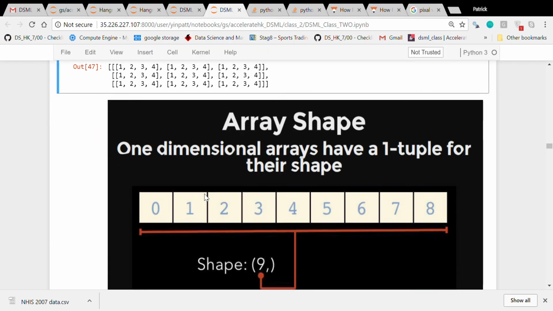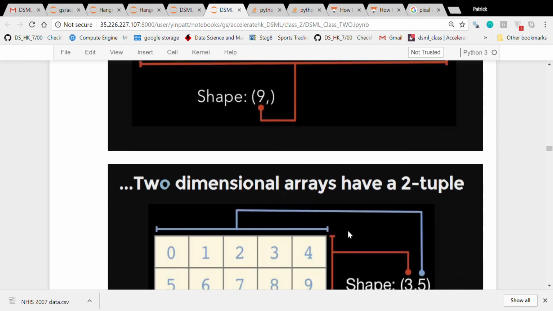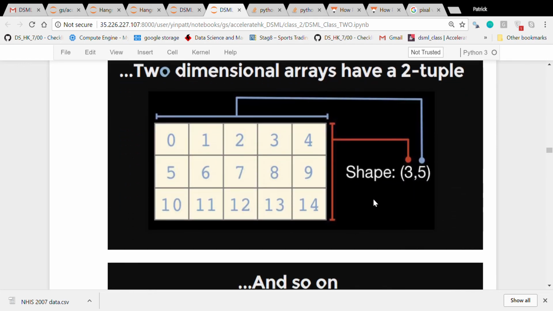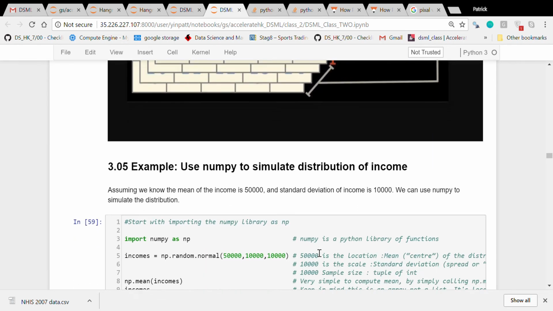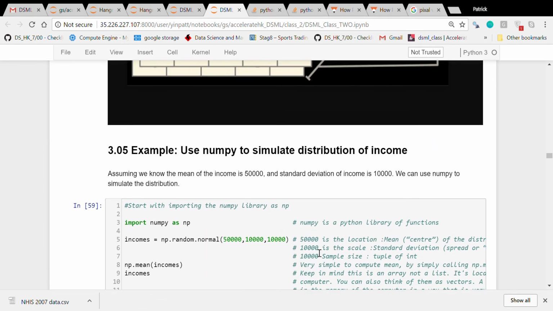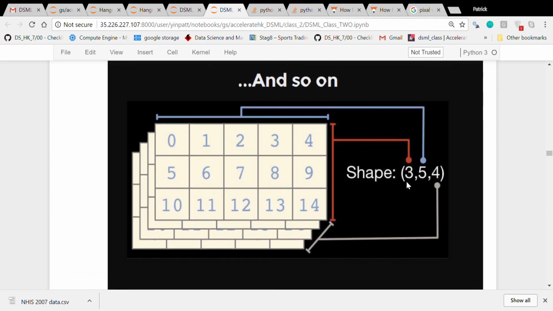And then let's go back to NumPy. For NumPy, you can do a 1-dimensional NumPy, or a 2-dimensional NumPy, or a 3-dimensional NumPy, and there's no limit. You can keep going until your computer explodes. And in here you can see all the shape. In NumPy, if you do dot shape, it gives you a few numbers,